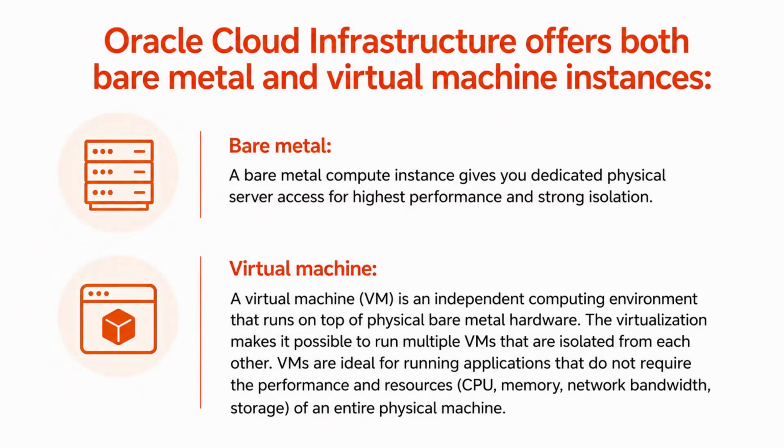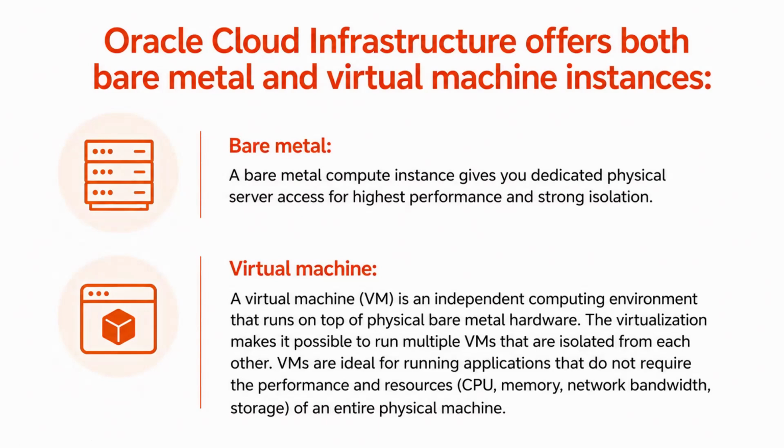That particular system will be given only to you, because OCI works on the concept of virtualization, where you can virtualize one system and share it with multiple customers or vendors. But if you want, you can rent out a dedicated physical server,